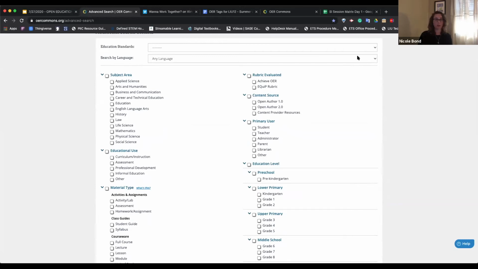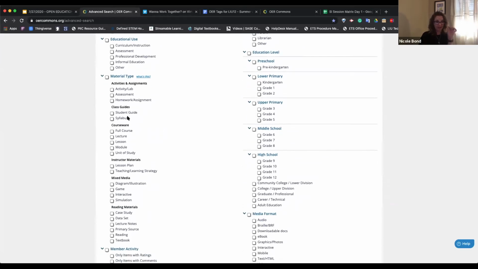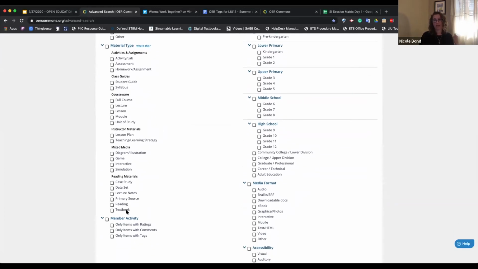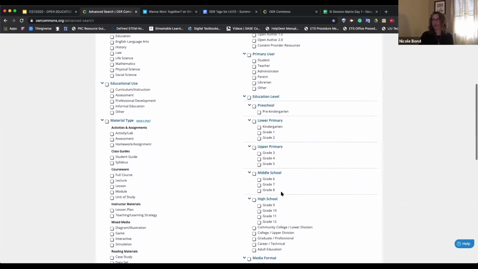I can search by languages. So maybe if I'm looking for something in Spanish, I can do that. I can search by standards, use, and material type, which is really useful. So if I'm looking for a lesson, or an interactive, or a game, or lecture notes, or a textbook, I can do that. I can then select multiple education levels,